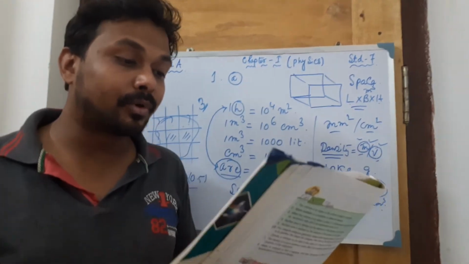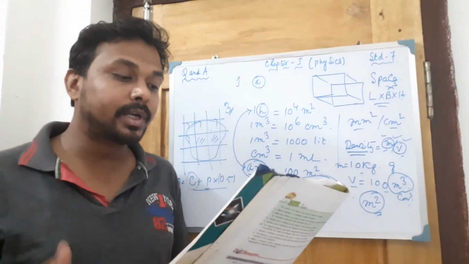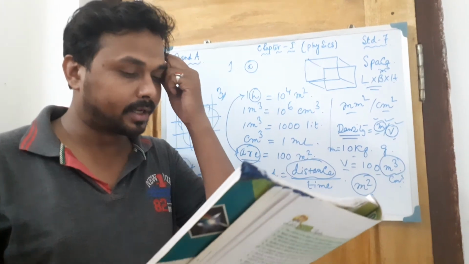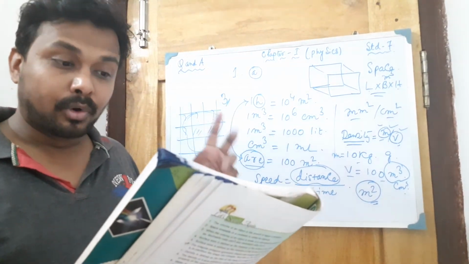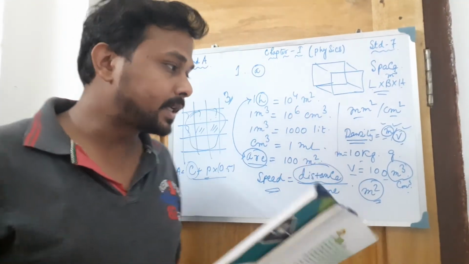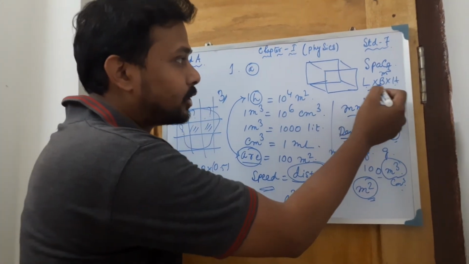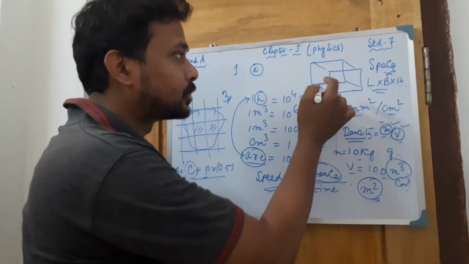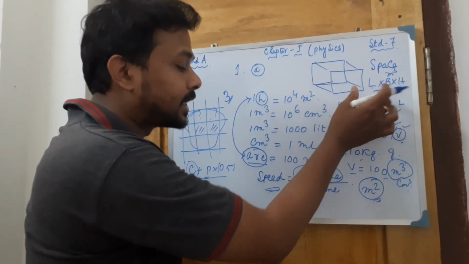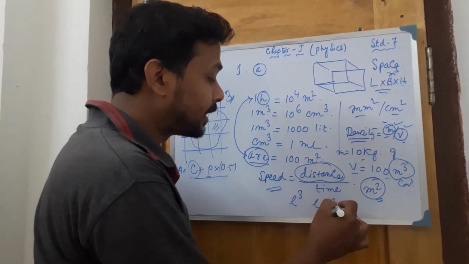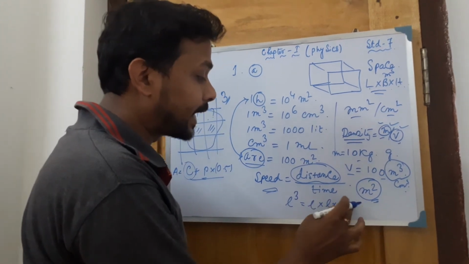Are is a unit for the measurement of what? Are is a unit to measure the area of a body. Okay. Volume of a cube is what? It is L cube, you can write down. That is side into side into side, that means L into B into H. In every case, suppose a cube is there, then all the sides are equal, so L into L into L, you can write down. That will give you the L cube.